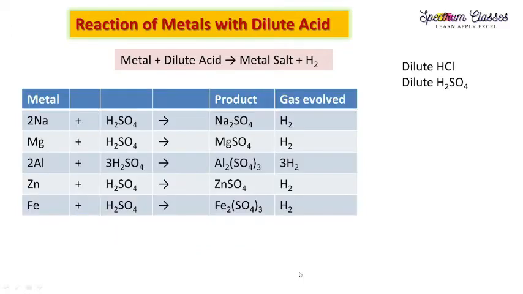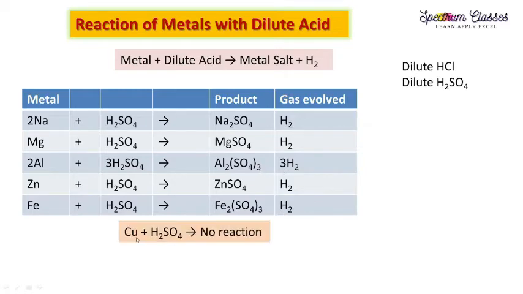The next is H2SO4, the reaction of metals with H2SO4. Similarly, you will do the same exercise. Here SO4 has 2 minus. You replace the hydrogen and put sodium over here, so Na2SO4, and H2 is evolved. With magnesium, H has plus 1 charge while magnesium has plus 2 charge, so you will get MgSO4 rather than Na2SO4. Similarly, Al is plus 3 and SO4 is 2 minus. So 2 goes to aluminium and 3 goes to SO4, and you can balance the reaction.